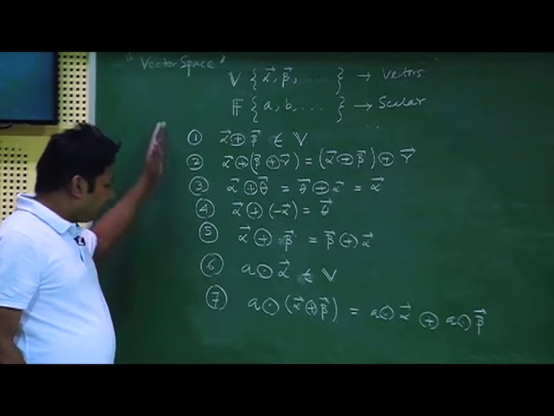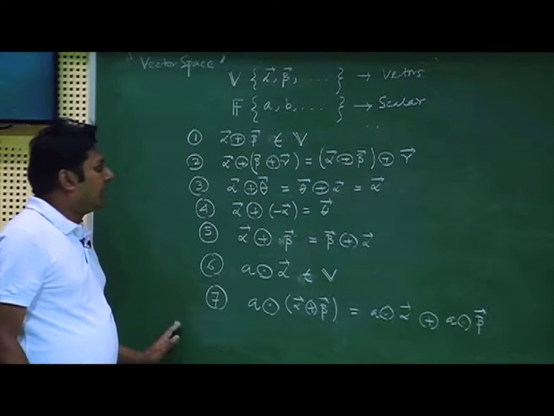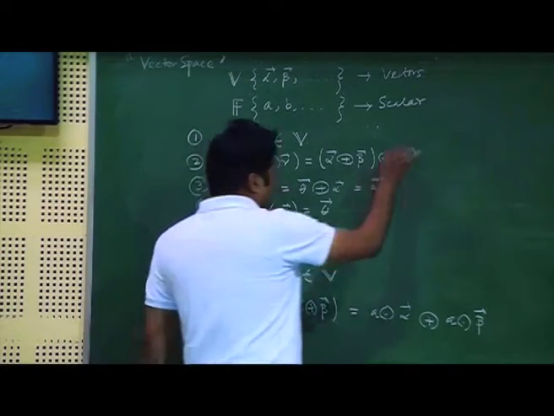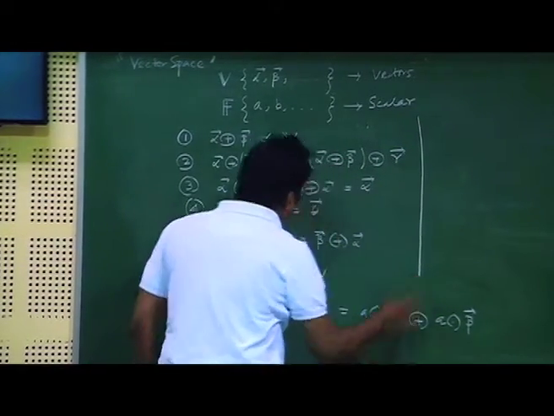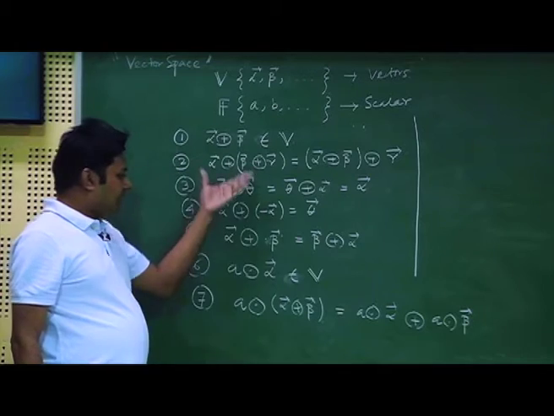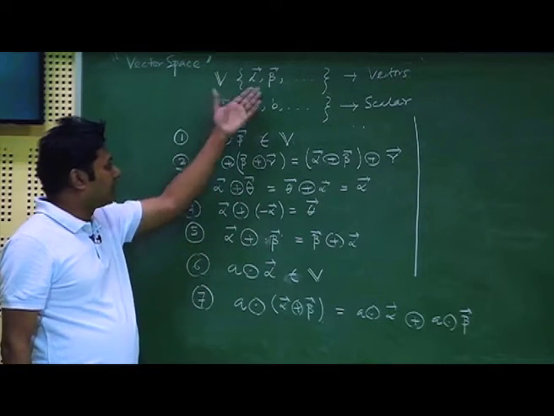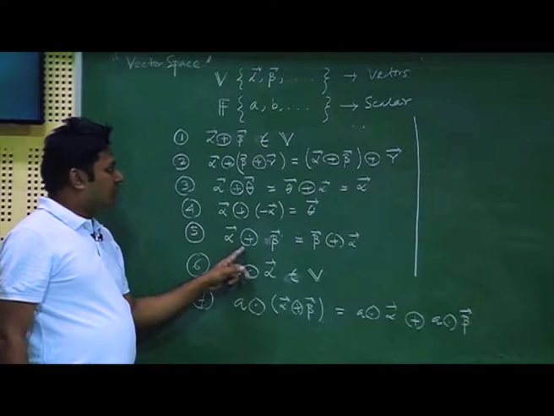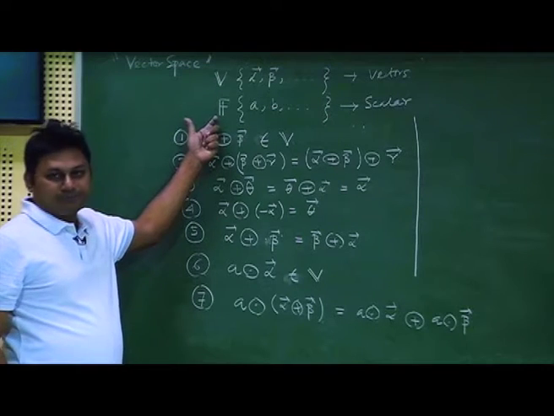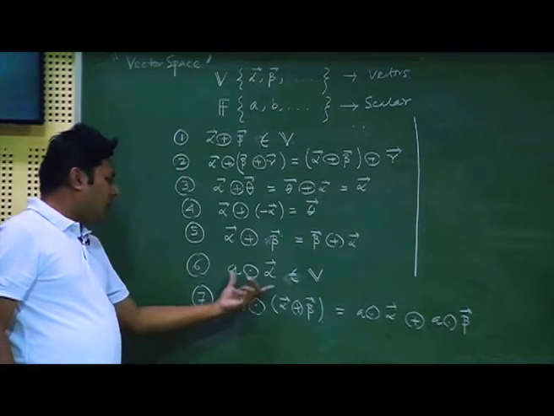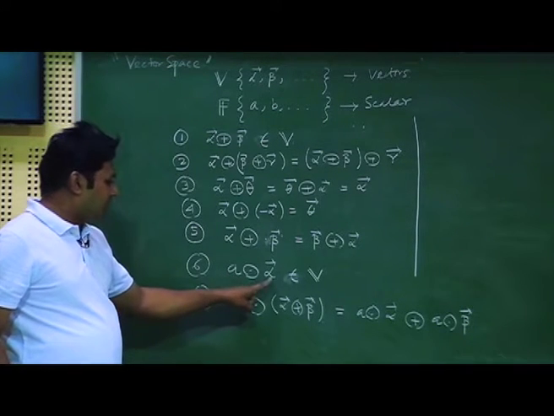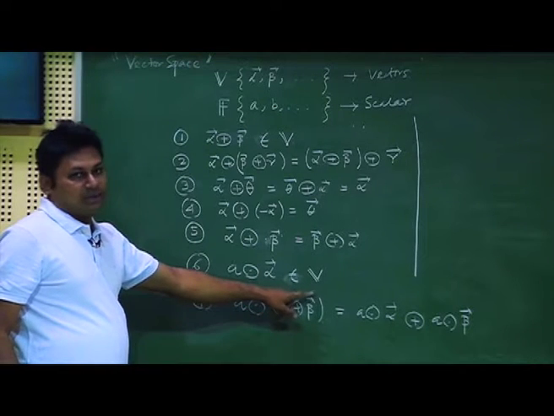So, now if these few features are followed, then we can say safely, and this is a very important statement I am going to make, you can check that this plus operation, all these things, are forming a group. So, the vector set itself is forming a group with this plus operation, and also some distributive laws are associated with this field, which we call the scalar. Not only that, when I associate one quantity from the field to another quantity, a vector, the resulting thing becomes a vector, which seems to be quite